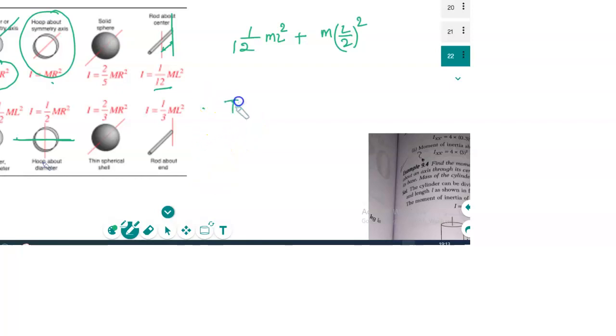I_xx plus I_yy is equal to I_zz. I_xx and I_yy will be the same. This is the x, this is the y. So 2 I_xx is equal to I_zz, that is MR square. Is it clear? So I_xx is equal to